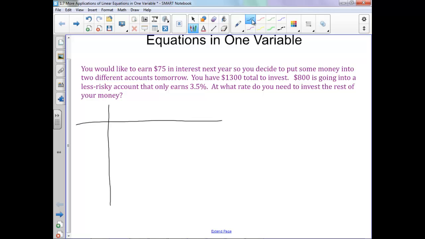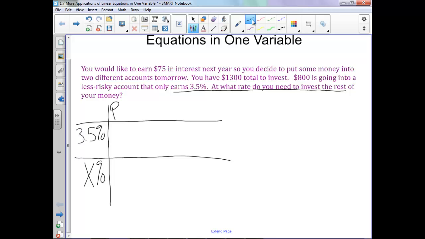On the left side, you always want to put your options. In our case, the two different accounts that we're putting money into. We know one of them is going into a 3.5% account. And then the other one is saying we don't know what we want to put it into. So that's our X%. And then across the top, you always want to go with your principal, which is how much money you're putting in,